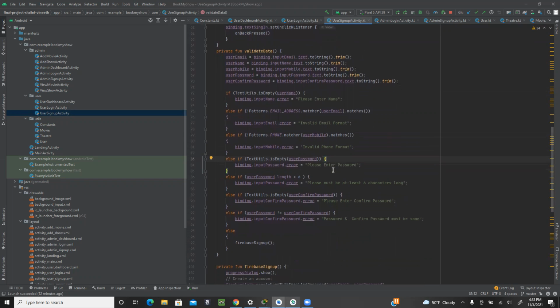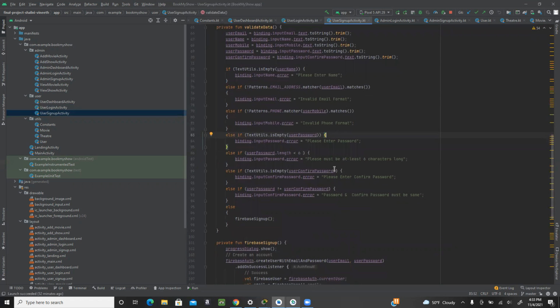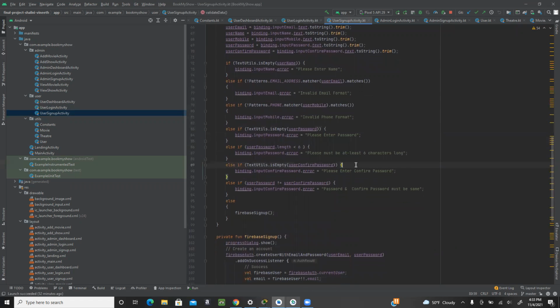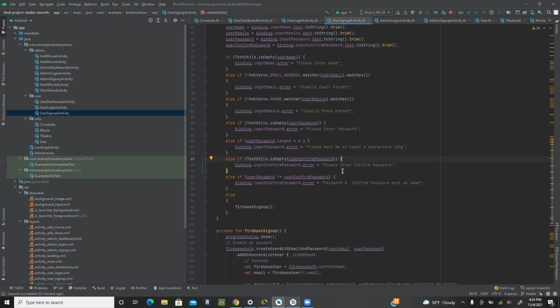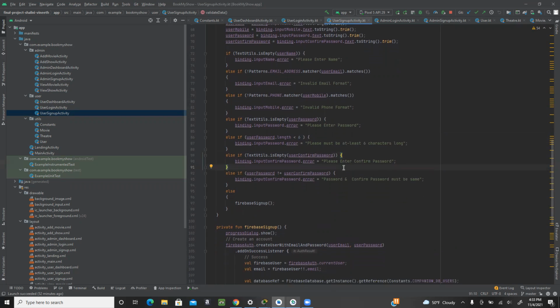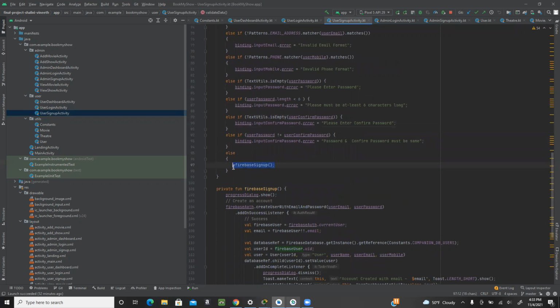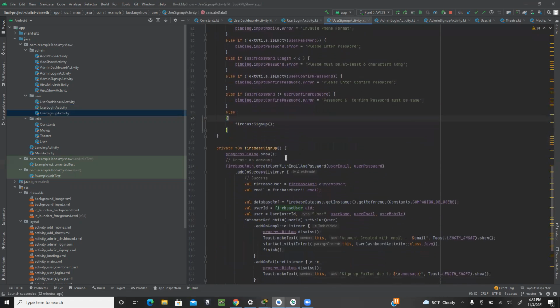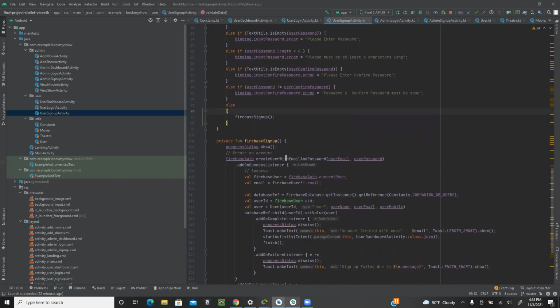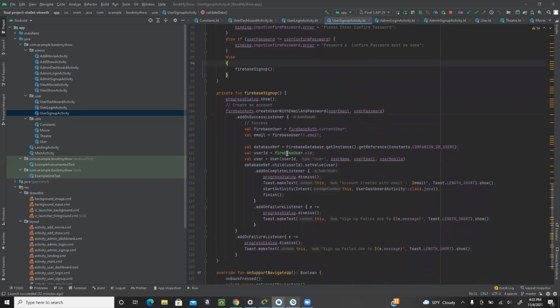The password should not be empty and should be at least 6 characters long, so it has to confirm the length as well as whether it's empty or not. Similarly for the mobile number, we have the patterns. After the data is validated, we call the Firebase sign up method, and that way it stores all the data to the database.